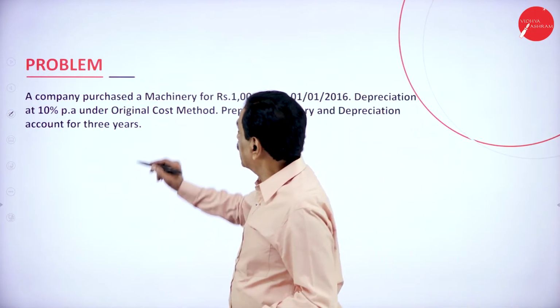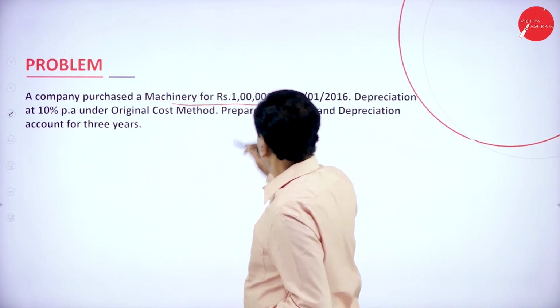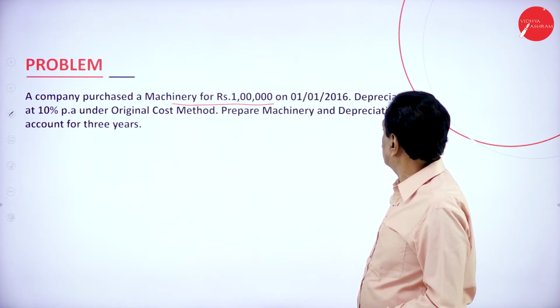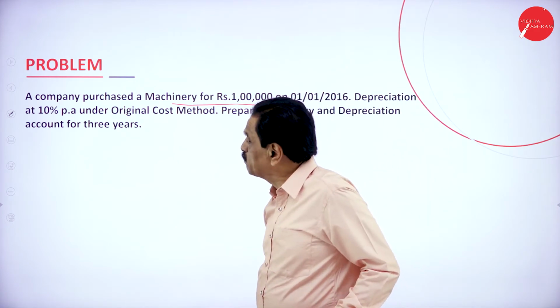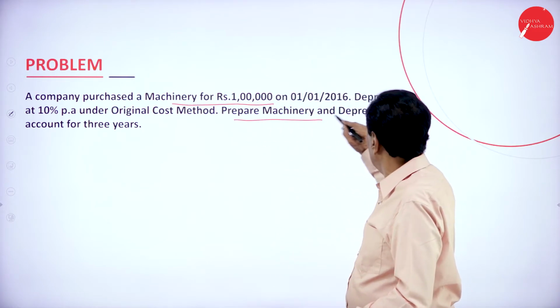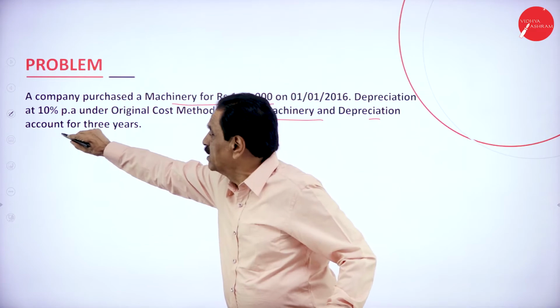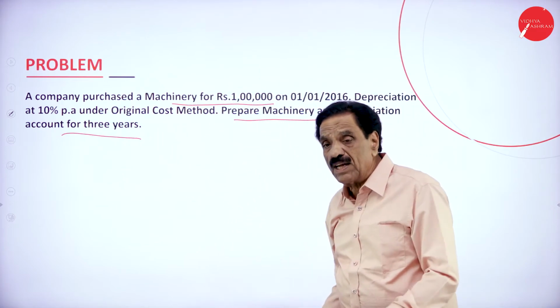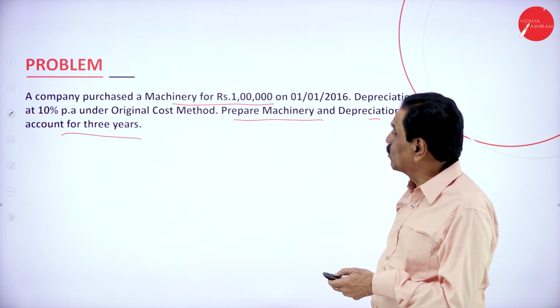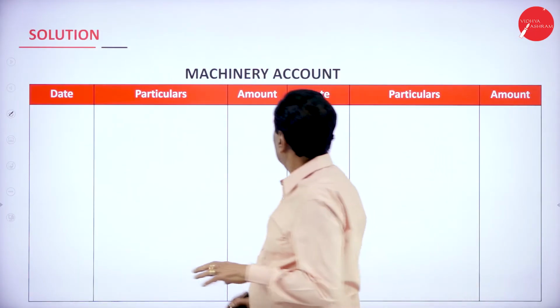See that a company purchased a machinery for ₹1 lakh on 1/1/2016. Depreciation at 10% per annum under original cost method. Prepare machinery and depreciation account for 3 years. What is the cost of the machinery? 1 lakh. It is going to remain for 3 years. We'll work out slowly. Machinery account,